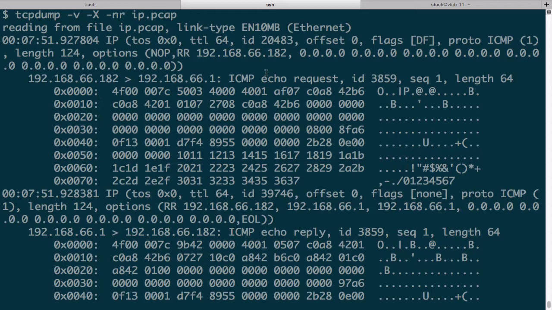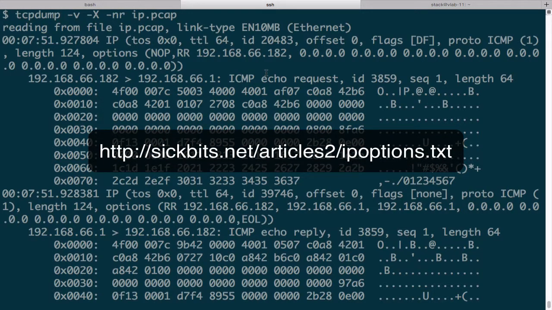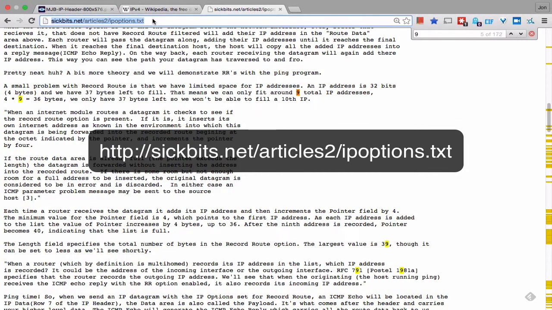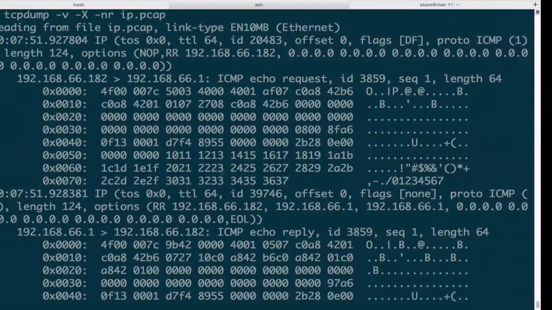So again, there's a lot of stuff with these IP options, and I always forget this stuff. I have to review it from time to time. I just did a quick prep here, pretty much live though, for this video. But I do recommend, if you're interested in these things, to take a look further, and let's quickly look